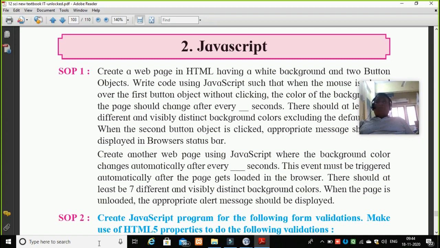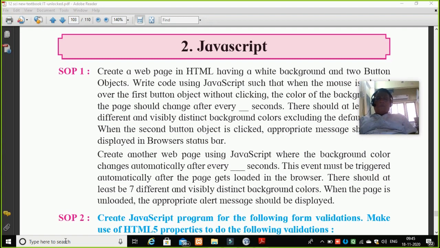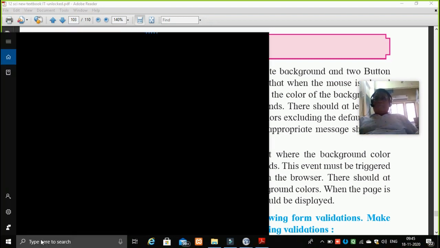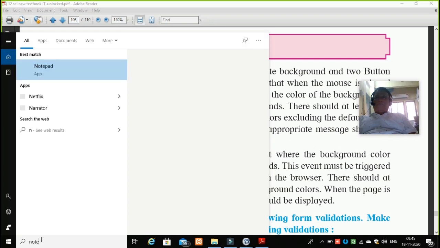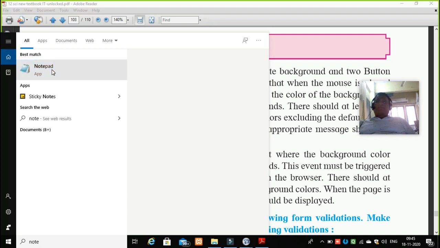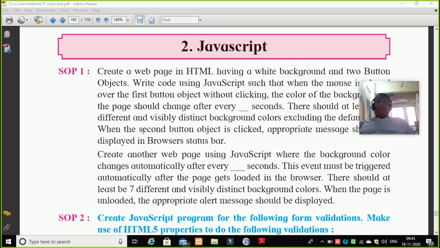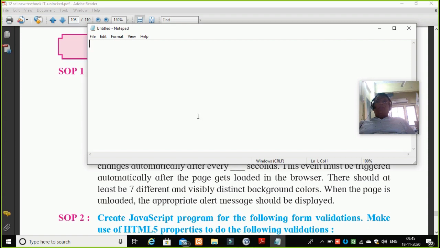Now students, I am starting the notepad. Now let us see how we can code this.